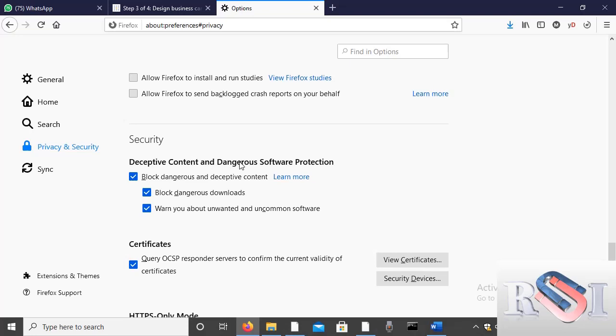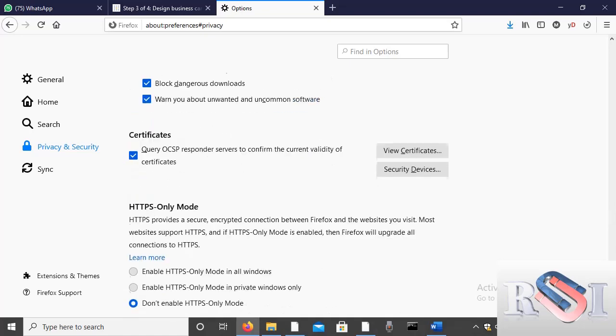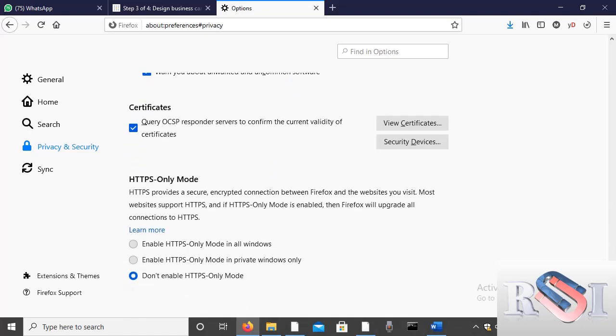Deceptive content and dangerous software. Block dangerous and deceptive content. Block dangerous downloads. Warn about unwanted and uncommon software. That's good. You have to check them all so that it will be protected. Okay. And then